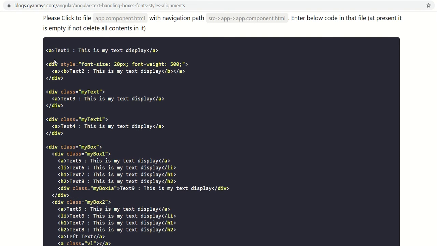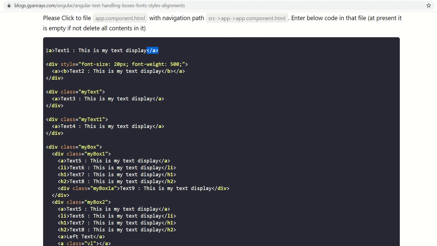What you see in the HTML file, app.component.html, all these are HTML tags and the text is displayed underneath these HTML tags. So you can see a and /a, this is the way we can write a text under these tags.